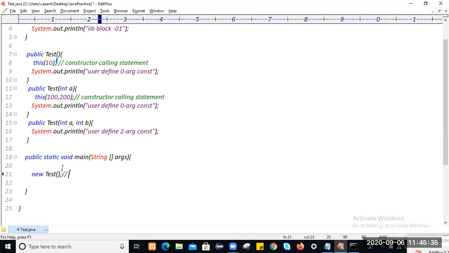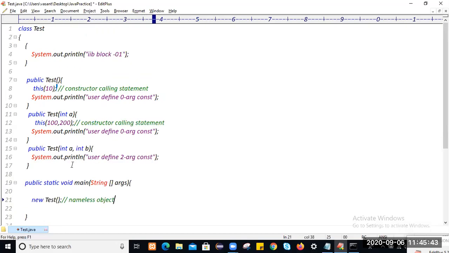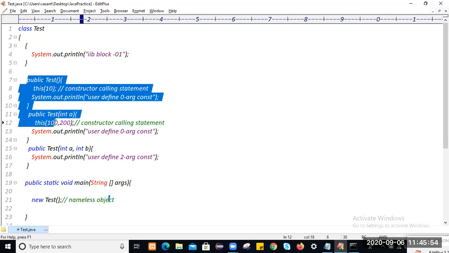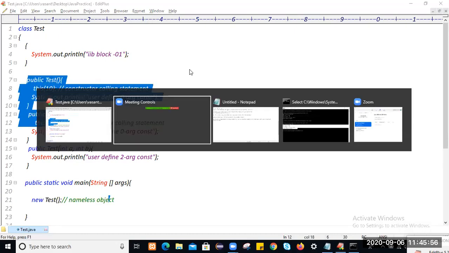Only one object, a nameless object. We didn't write anything. Remember here, the instance block logic's execution depends on how many objects you created, but not on how many constructors got executed.